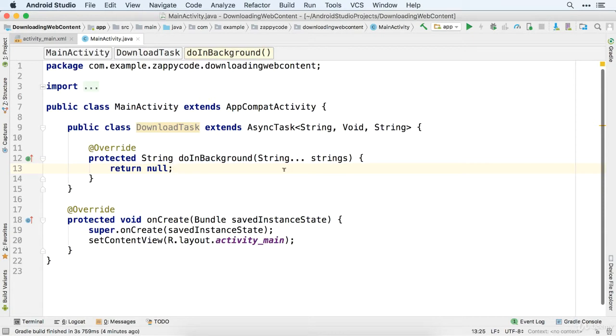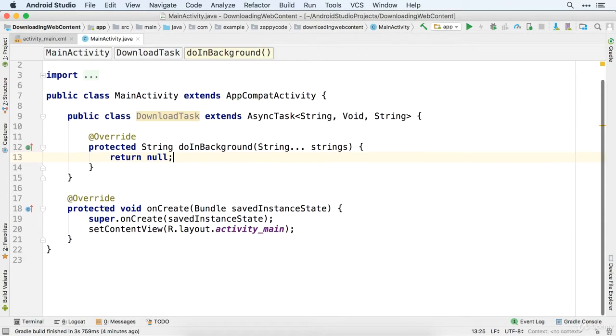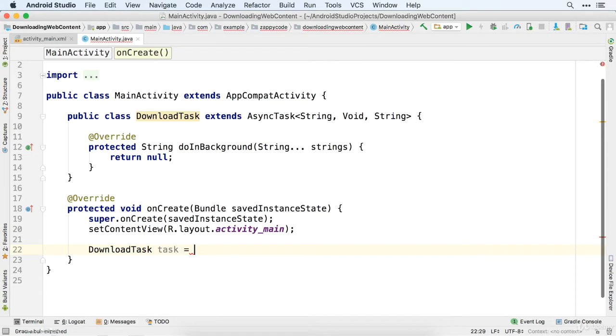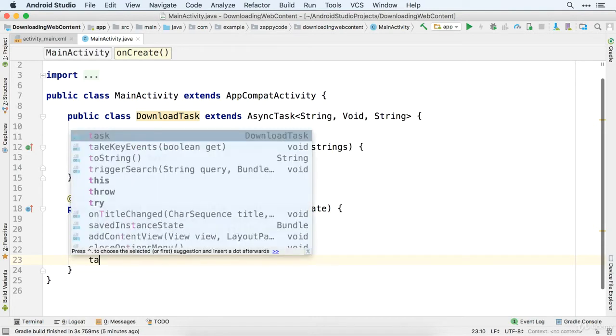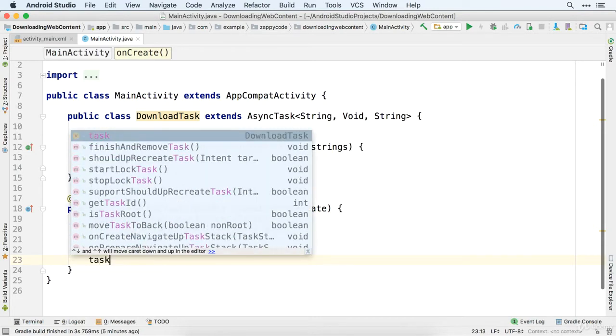So the idea with this is, let's go ahead and do this in the onCreate. I want to show you an example of how this might work. So let's make a new download task object here. We're going to say DownloadTask and call this task. And we're going to say this is equal to a new DownloadTask. And with this, we'll just go ahead and put our semicolon. And then with our object task, we want to go ahead and go with this and run some code. So we are going to say